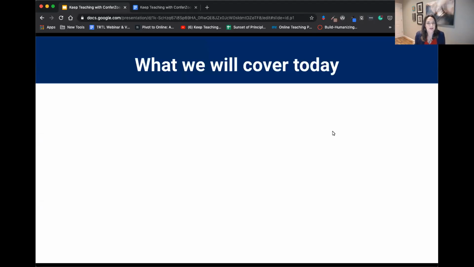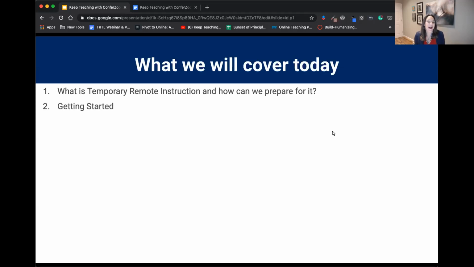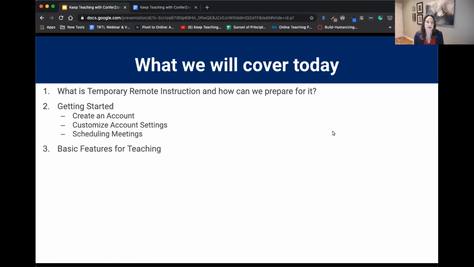So what are we going to be covering today? First of all, we're going to take a step back and ask, what is temporary remote instruction and how can we prepare for it? Kind of a new phrase for our teaching vocabulary, right? And then we're going to get into getting started with Confer Zoom, which will include how to create an account, how to customize your account settings, scheduling meetings. We'll look at some of the basic features for teaching with TechConnect Confer Zoom, and that will include the mobile app, speaker and gallery views, chat, share screen, how to record your sessions, which I'm doing now, and then